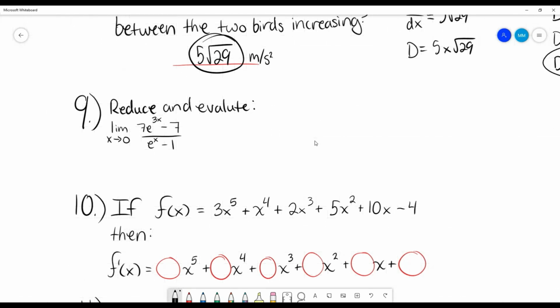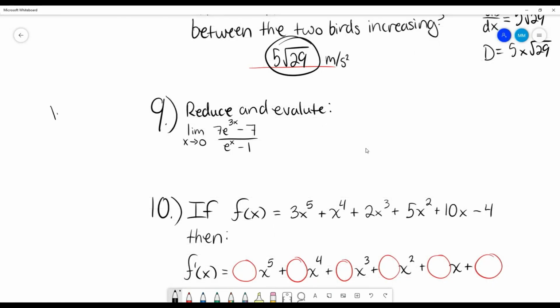Number 9 has a really simple instruction of reduce and evaluate. And this one's actually based on rules that we've already worked on in this class. So if we remember, we learned in earlier chapters of our textbook that the limit as x approaches 0 of e to the x minus 1 over,